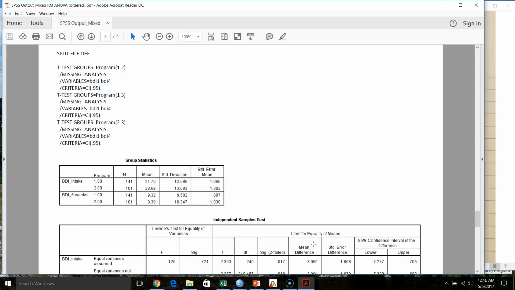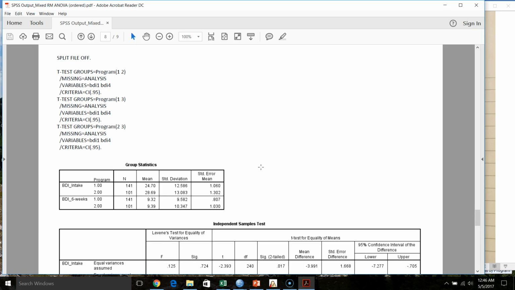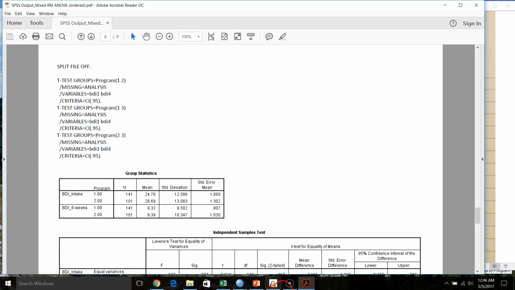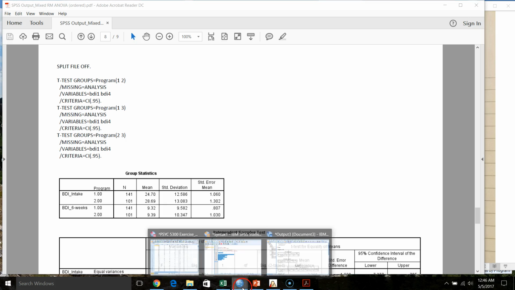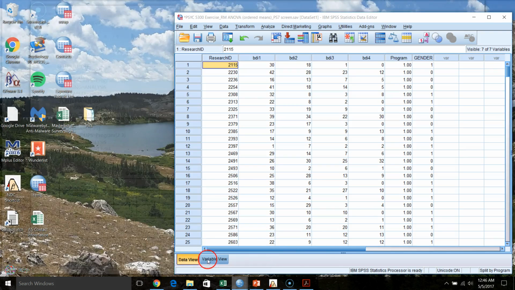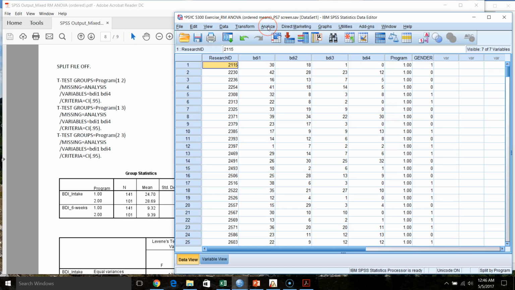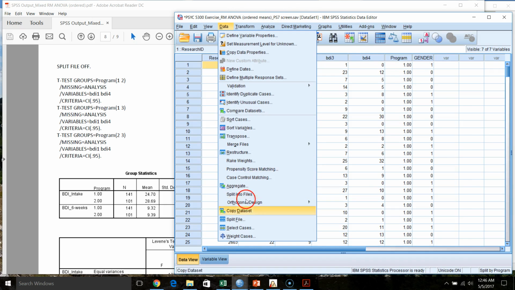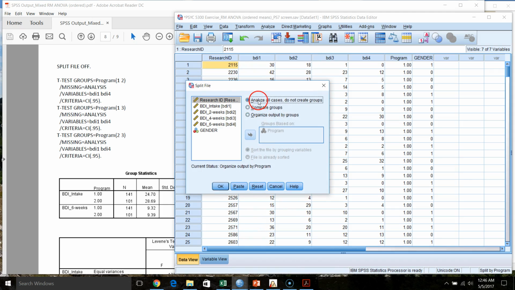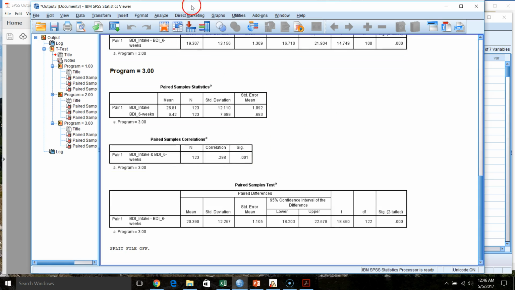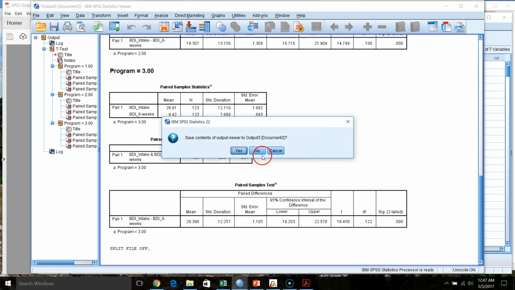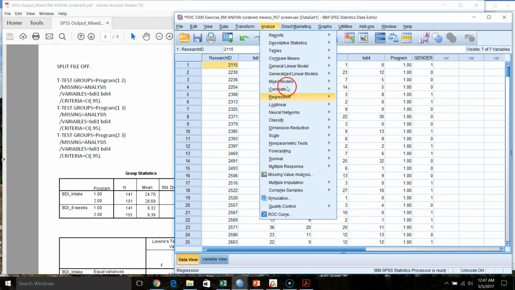What we're going to do now is go through, and I'm not going to do it in SPSS because you can sort of see right here. We're going to turn off our split file because we're going to run everything together. And what we're going to do first, and actually I will run this just to show, because we're not on the page here. Split file is off now. Okay, what I might want to do first, close out of that, is go through and at time 1,